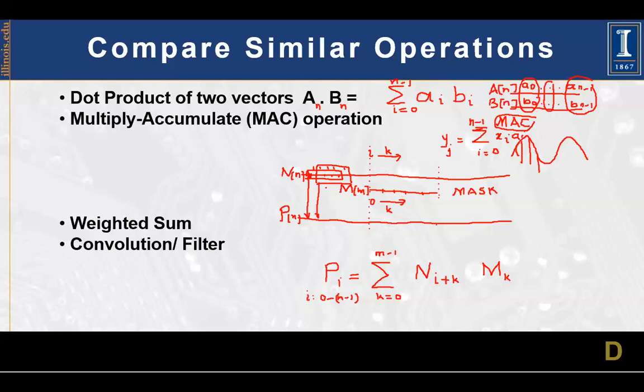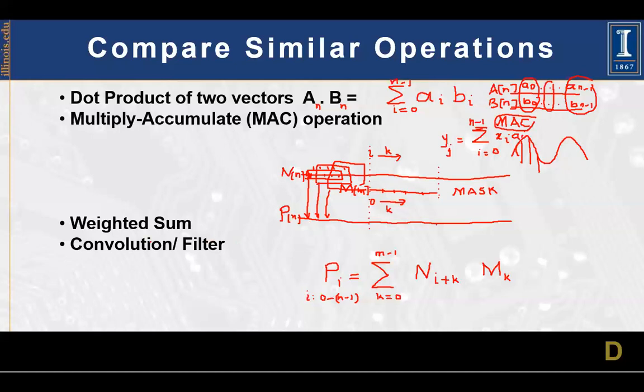One by one, we move to the next position. This window we move to the next position, carry out the same weighted sum and write the result in the output. So it's like a sliding window, sliding on the data, and every time we take the weighted sum and place the result where the start of the window was. At that position, we put the output. So that is how we can apply a filter.